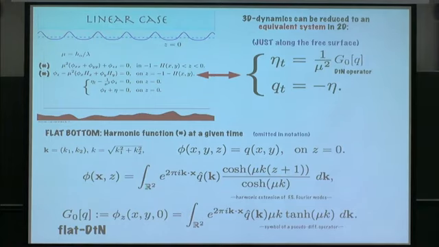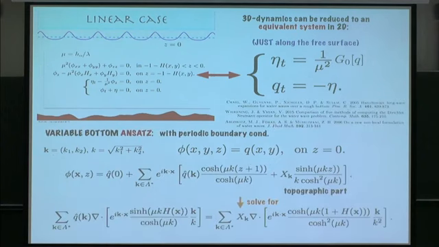Now when you go to a variable bottom, the ansatz is a little bit like this. You add this term, and we need to know what this Fourier coefficient is, and that's where the problem comes in. This follows more or less the structure of